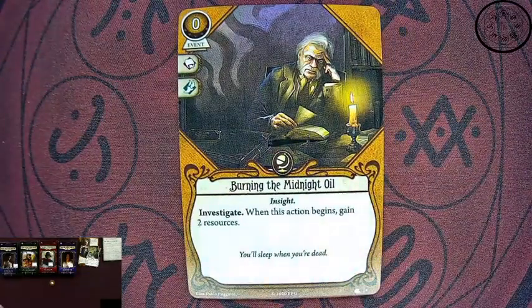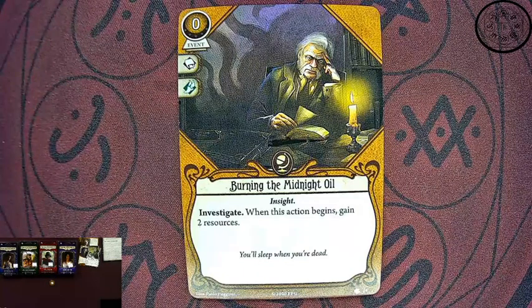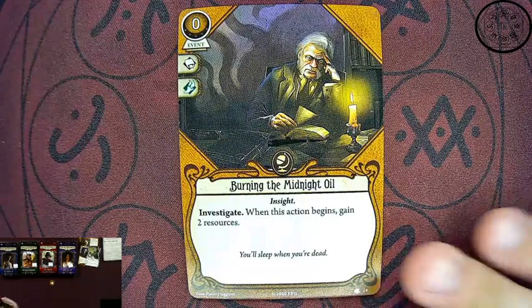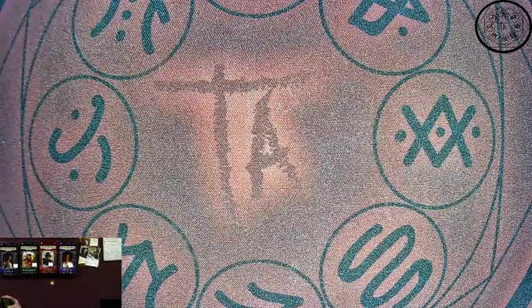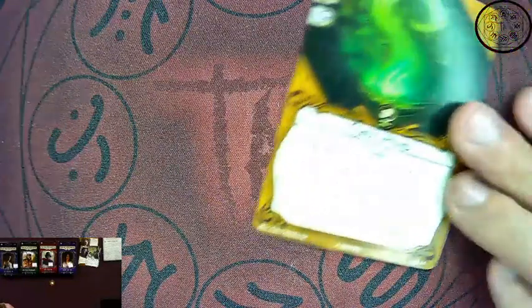Next up, we have Burning the Midnight Oil. This seems like an appropriate card for Harvey. We even got him in the art there. You'll sleep when you're dead. That's a good flavor text. Zero cost event. Has a lore and agility icon. It's an insight. Causes an investigate. When this action begins, gain 2 resources. So if you have Higher Education prepped, that can get you some options to boost with. Next event,